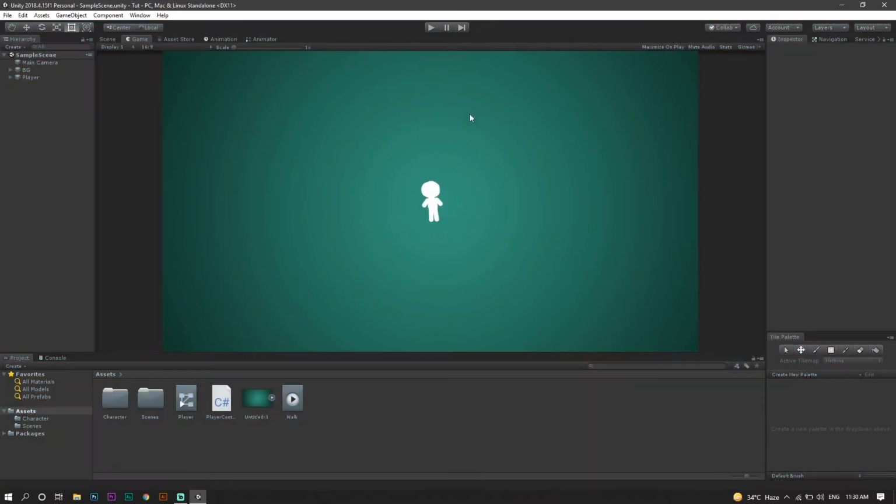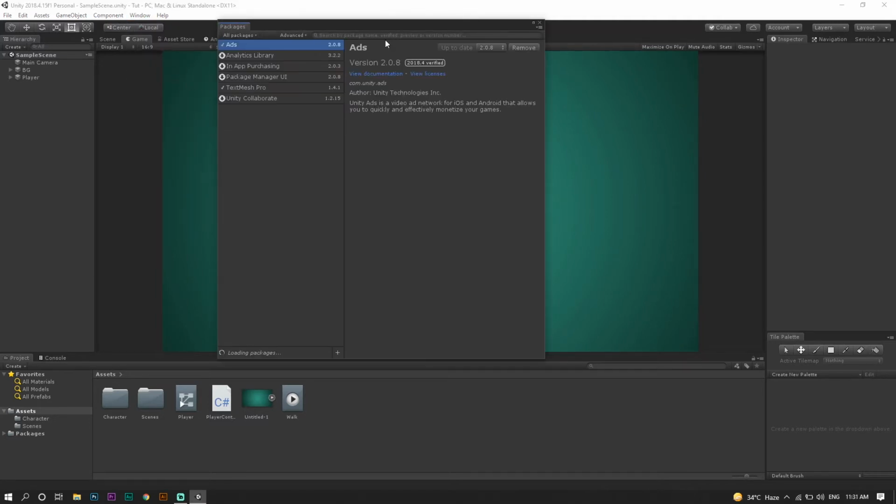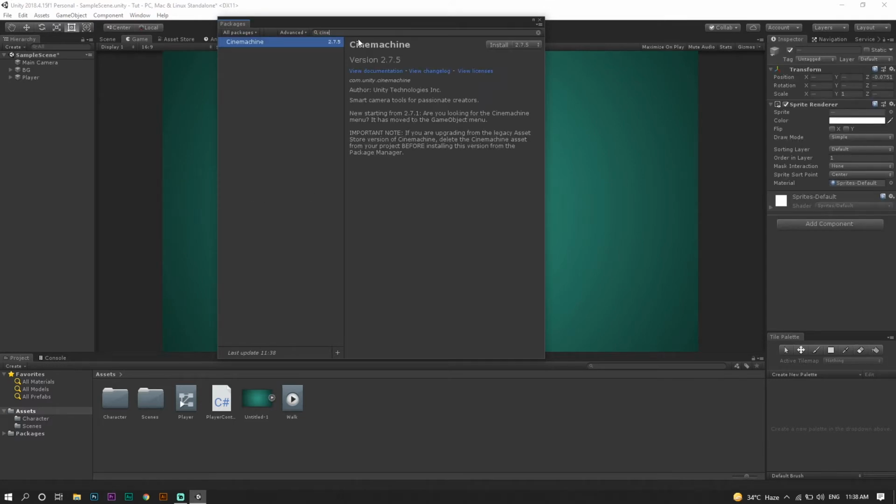First of all, we will have to import the Cinemachine package to our project as it's not already imported. To do so, we will go to our window drop-down menu and select the package manager, then search for Cinemachine and click import. It should take a moment or two after importing, and then you will find a menu called Cinemachine appearing in your menu bar. If it didn't, or if you find any missing options in that menu, you will have to restart Unity